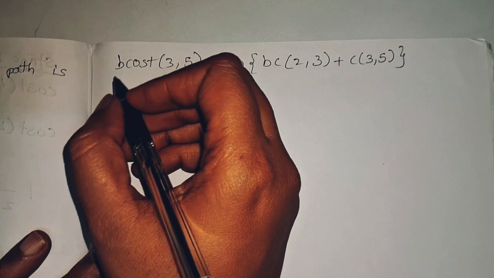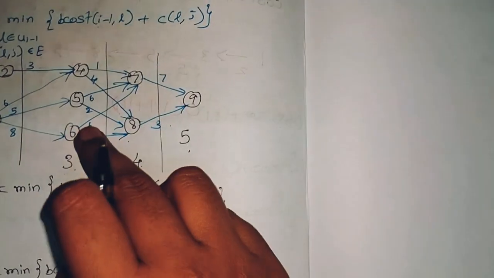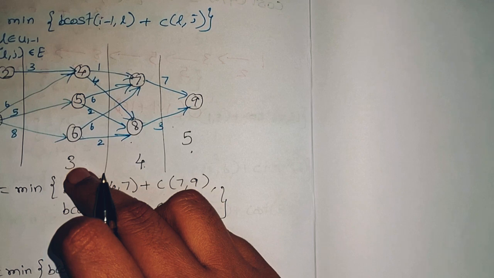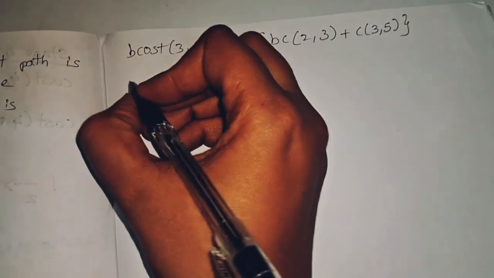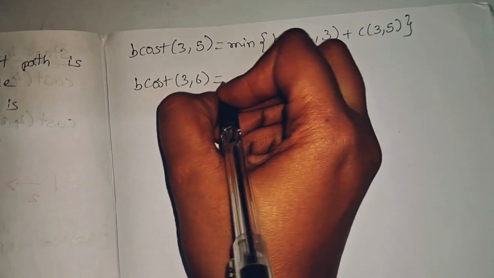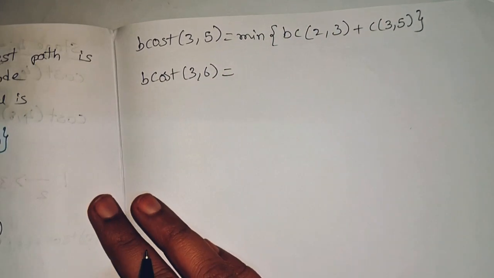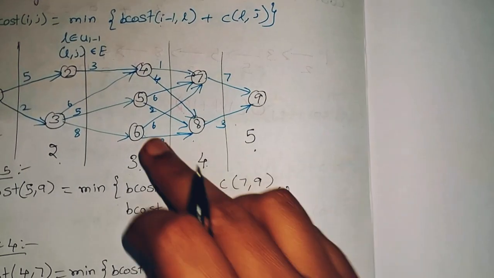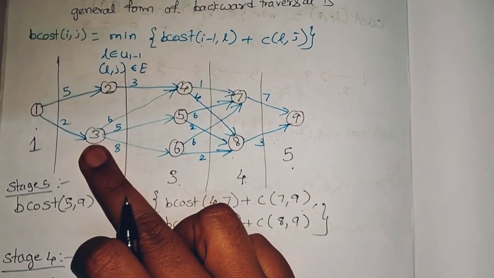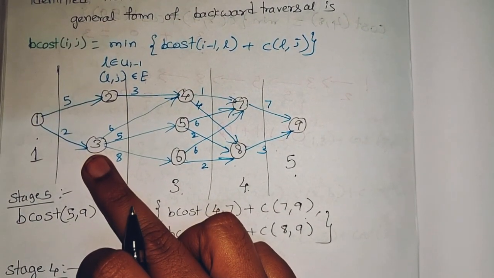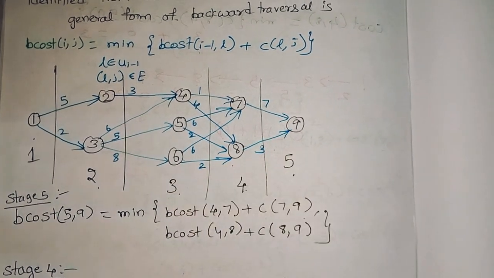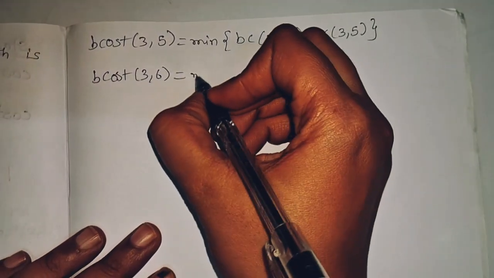Next, we need to find out the backward cost of node 6 in stage 3. So backward cost of 3 comma 6 equals to... So what is the backward cost of 3 comma 6? Here 6 is connected to node 3 only, right? 6 is connected to node 3. So minimum of